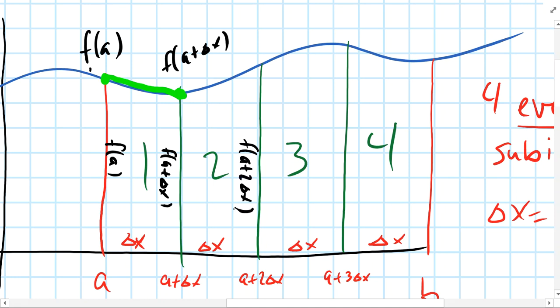Bless you, allergic trapezoids. For the third trapezoid, this is the bottom base and this is the top base. And for my last one, this is the bottom, and f of b is my top base. And if I'm connecting up from the points,